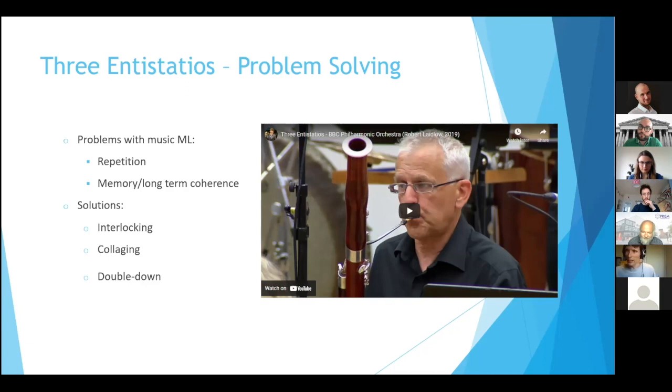The second mitigation method I used is what I called collaging, which is that instead of trying to sort of link all these little ideas that the machine learning comes up with together somehow, I'm really trying to double down on the fact that it can produce so many ideas so quickly, and they all do sound very different. And what I found in this piece, but also in the last piece, Alter, is that if you produce, say, 20 little snippets, maybe like 5 seconds long each or something, and then overlay them all on top of each other, not only can you get something that sounds quite